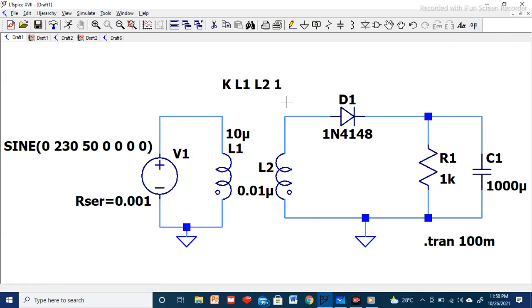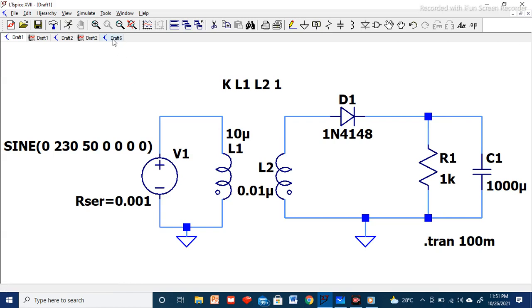Once we define this, there will be a mutual inductance between these two, and by reducing the secondary winding value of the inductance, we can reduce the available voltage here. Then this voltage we can supply to the diode, and we can see the output across R1. Then I will discuss the role of the capacitor. When we use this capacitor, we can obtain an almost constant supply, and we can reduce the ripple introduced in the half wave rectifier.